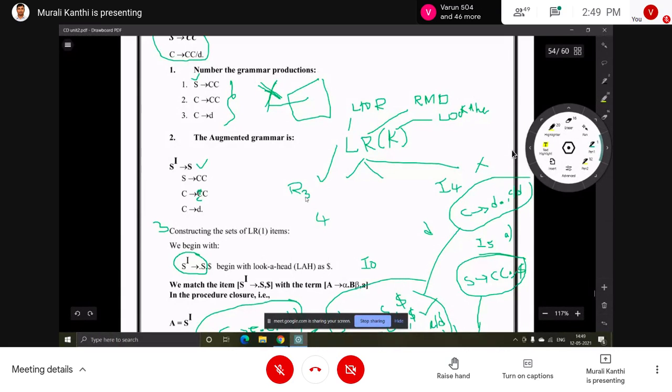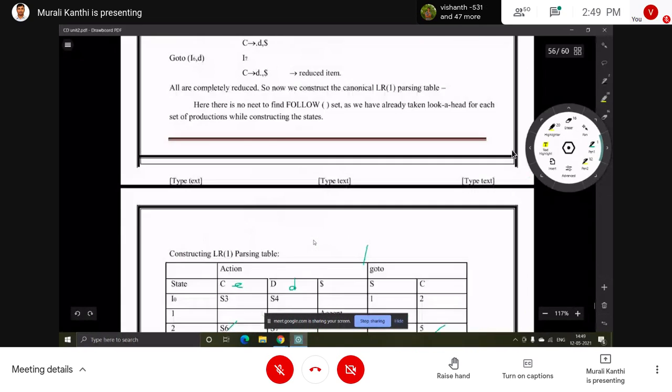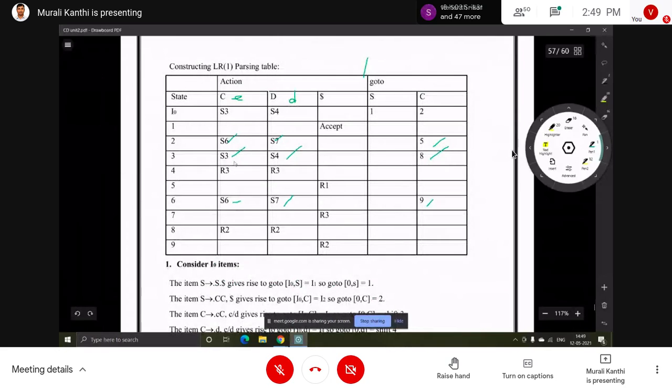Next, in CLR, what do we have to do? In SLR, first find follow of C and fill R3 on those symbols. But in CLR, we don't use the follow of C; we just look at the lookahead symbols. What are the lookahead symbols? c, d. On the fourth row, in the c column and d column, fill R3. Fourth row, c column, d column, R3.